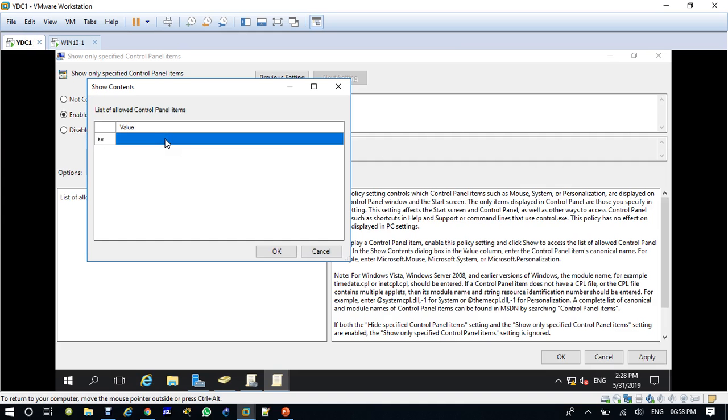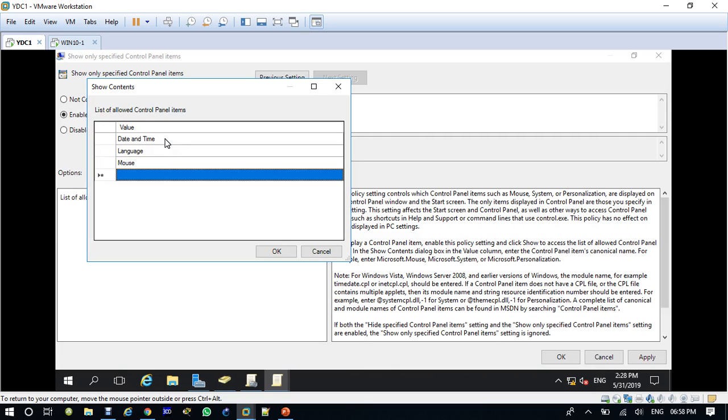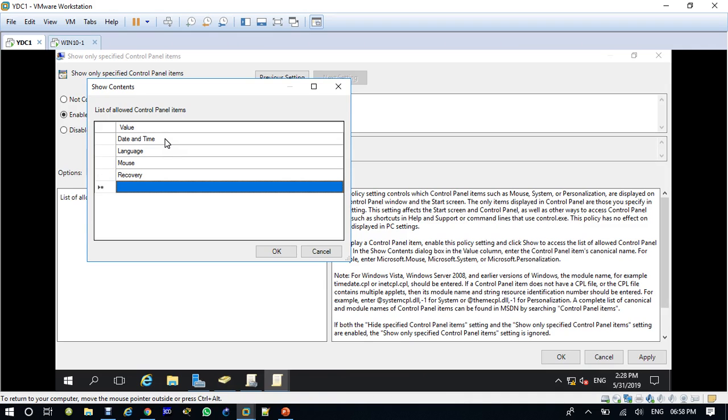Okay, you will be able to see date and time, then language, then mouse, recovery,